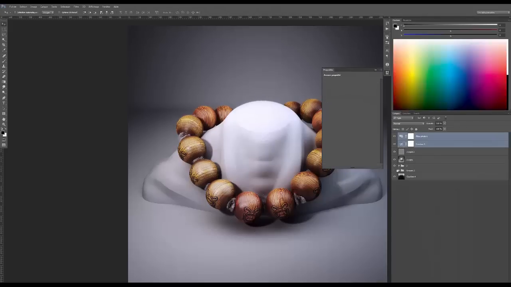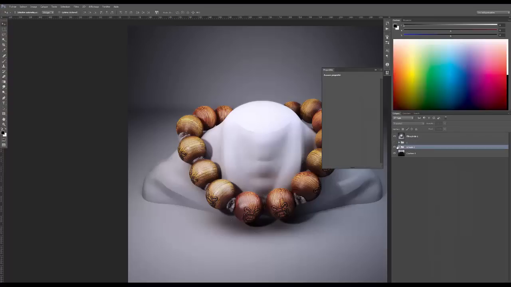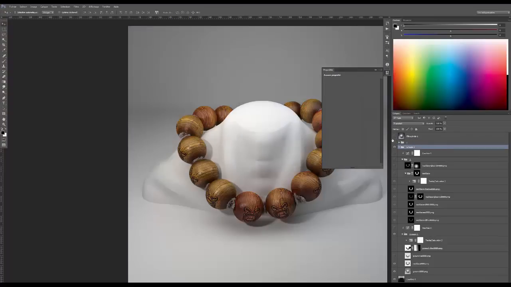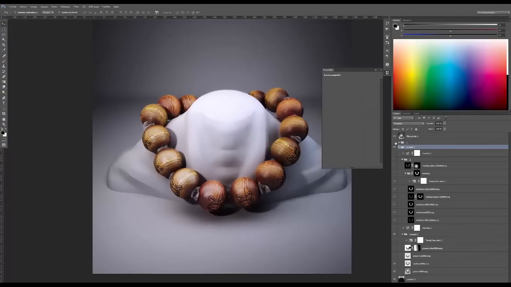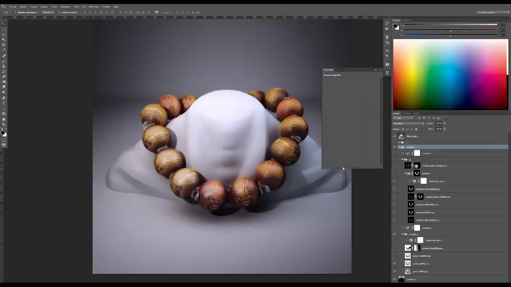So I will try to show you how it looks if we compare with the original one. And here is our post-production. So you may like it or not, but you see that you have a real power to change the atmosphere and every value and give your picture a better look. Okay, that's it for this